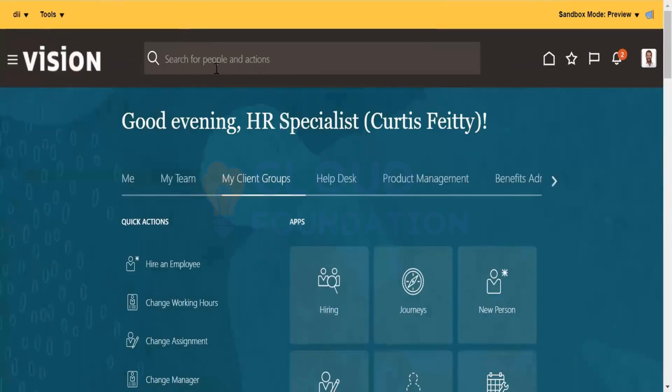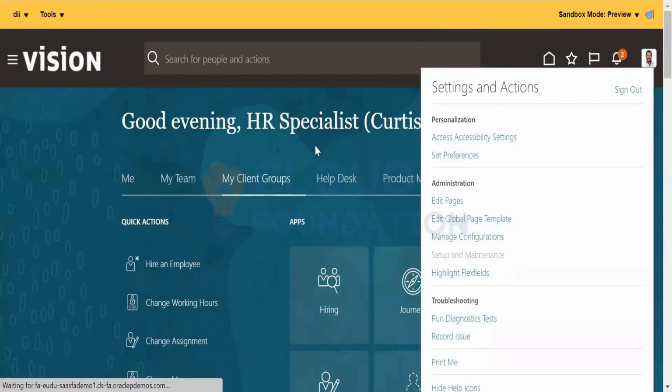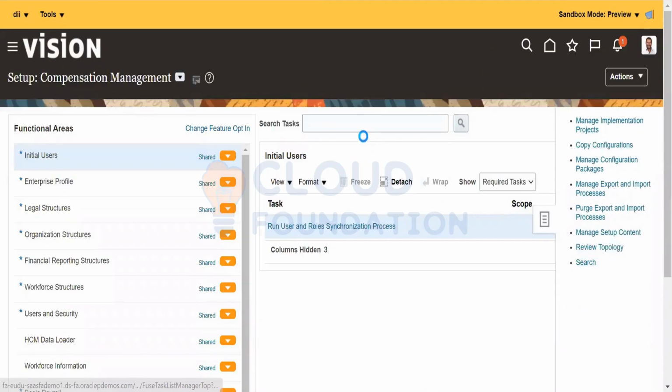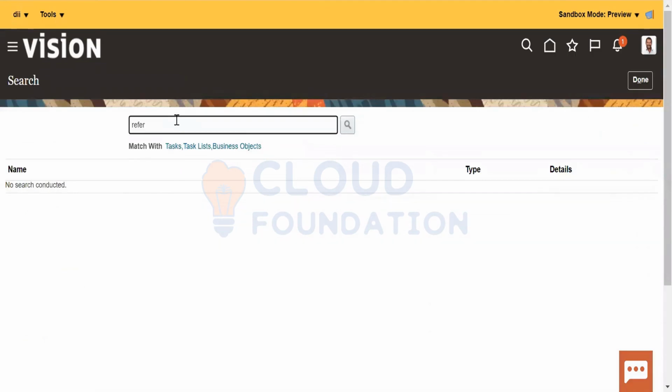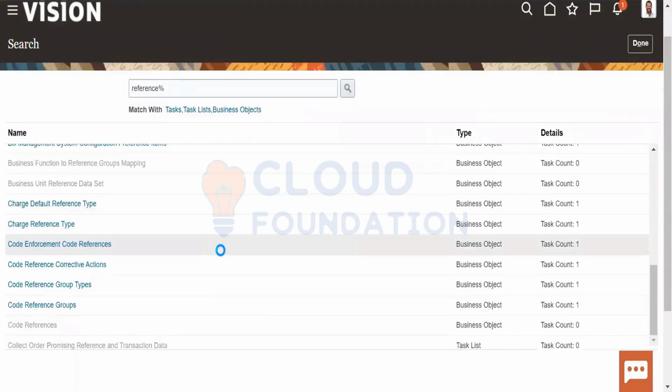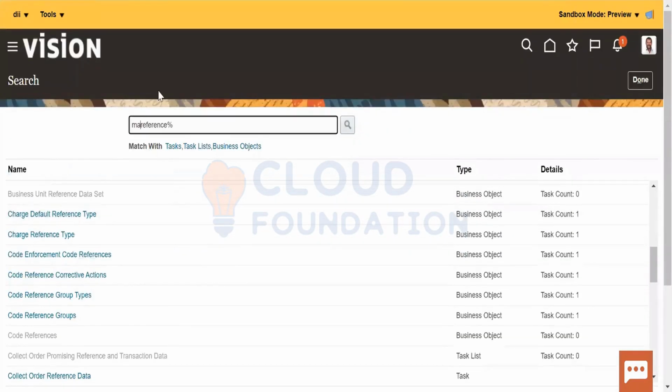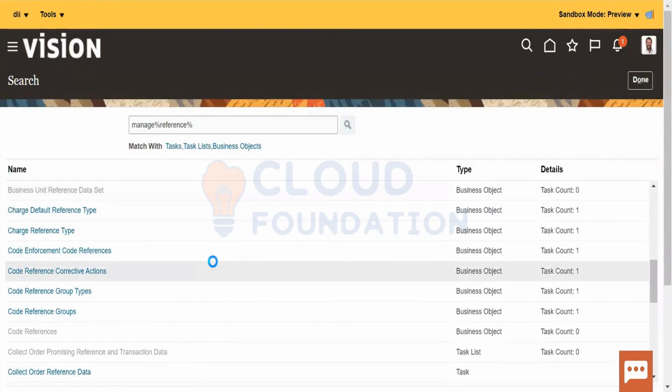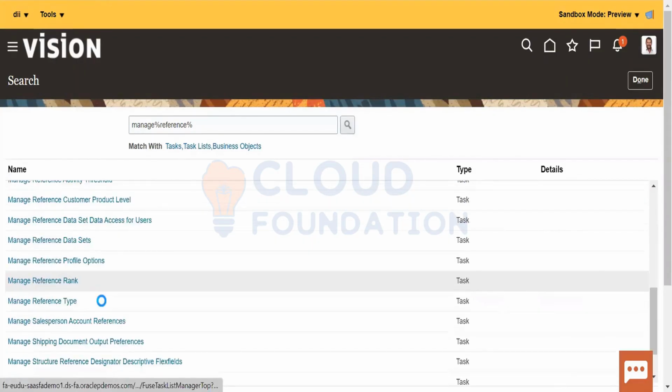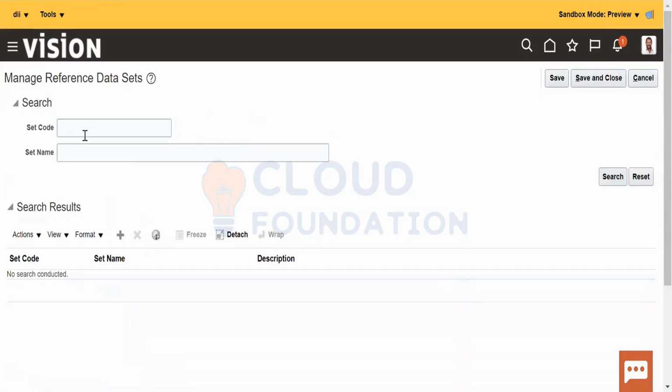Now coming to search, you have to search your own.